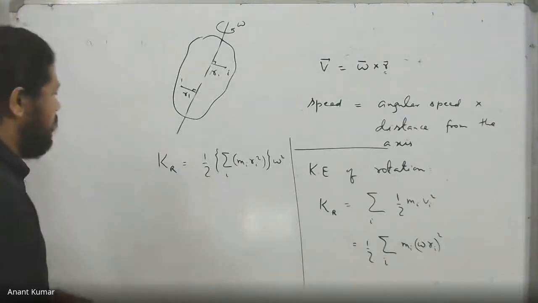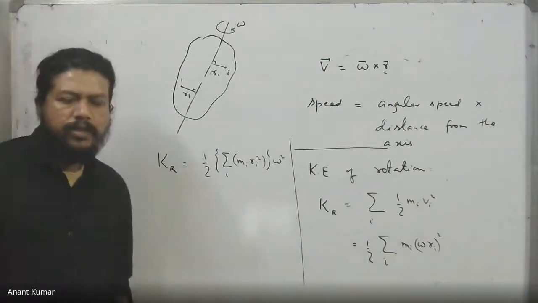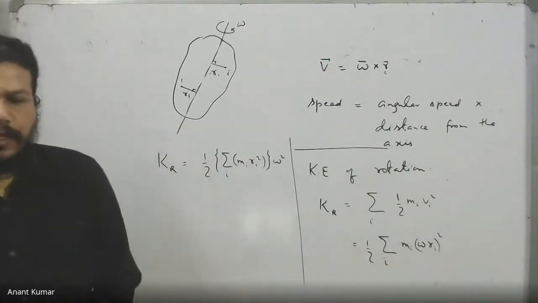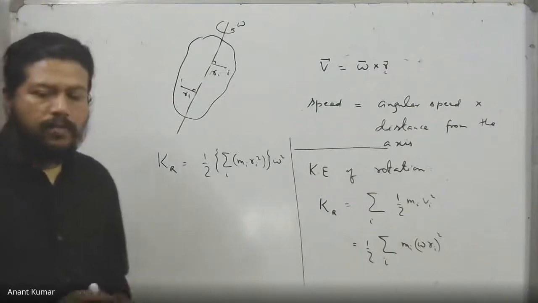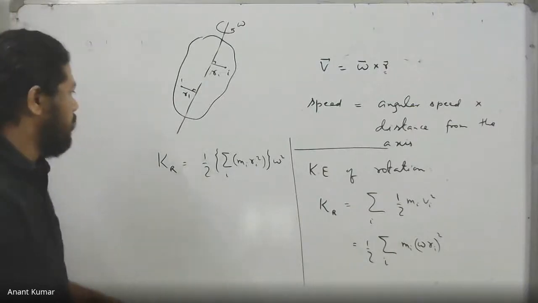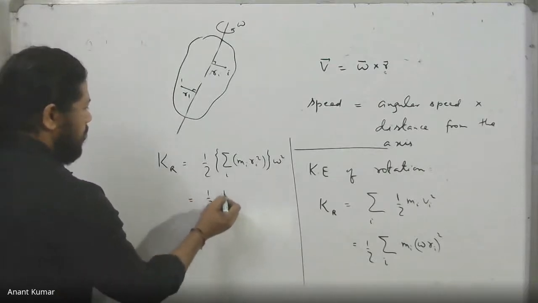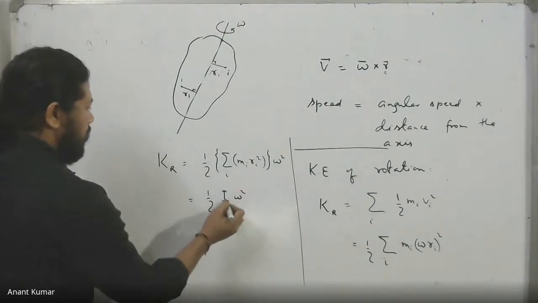This summation that we have, the summation of the mass of the ith point particle multiplied by distance squared, is referred to as the moment of inertia of the body with respect to the given axis,